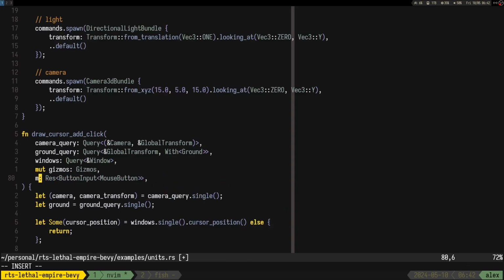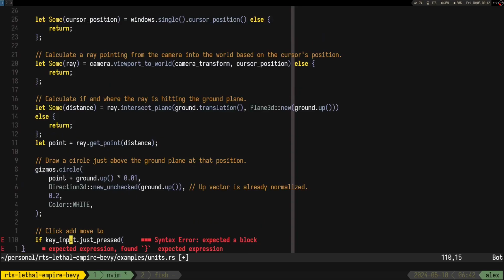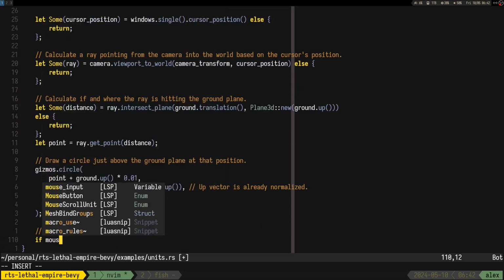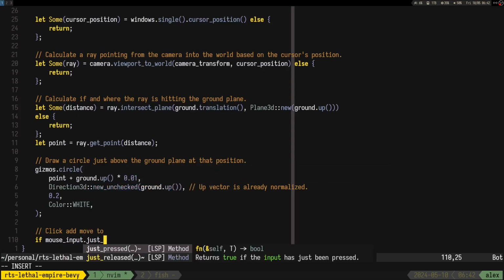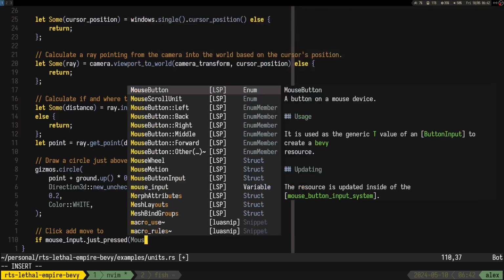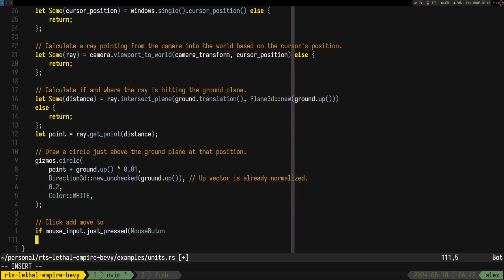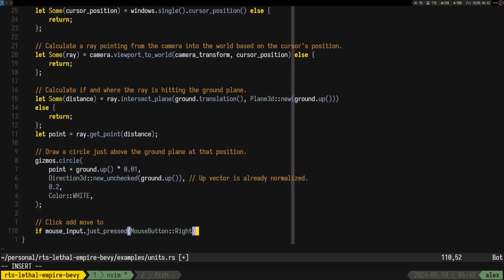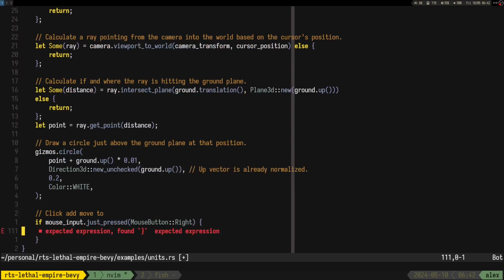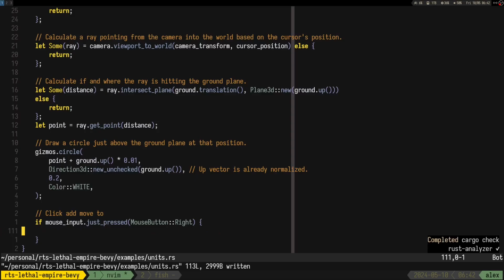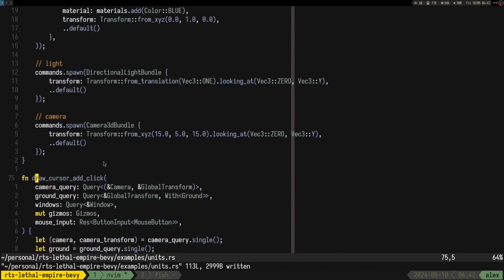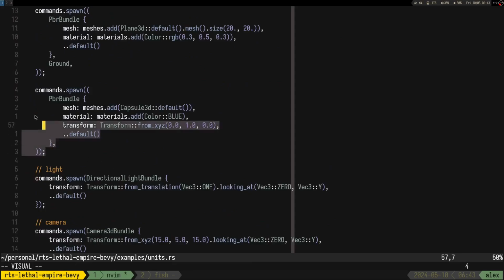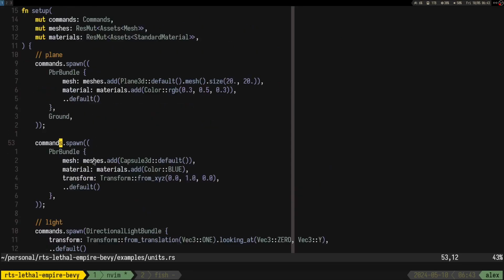Is it like this? I guess mouse input. Mouse input just pressed. Oh, mouse button. And I said right click is gonna be teleport. So yeah. The only thing is we might also need, but right now we don't do any